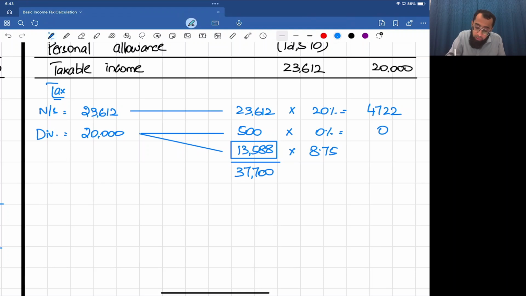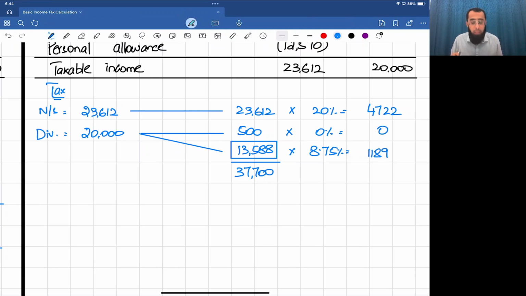The basic rate of income tax for dividend is 8.75%. I believe that this is not difficult. 37,700 is the basic rate band. 37,700 minus 23,612 and minus 500, you get the remaining space in the band. So 8.75%,